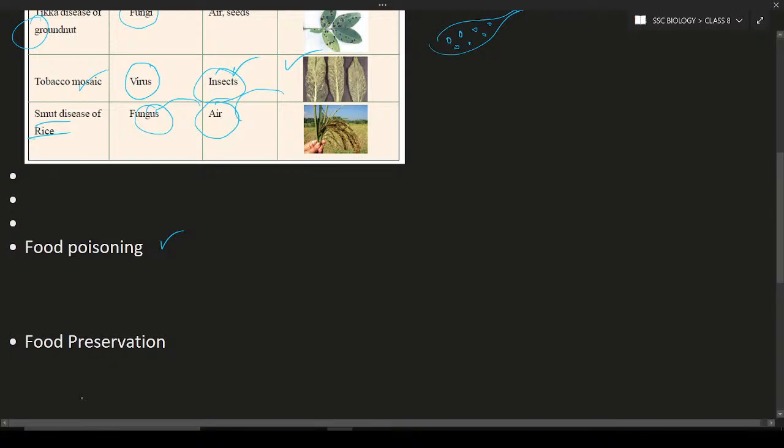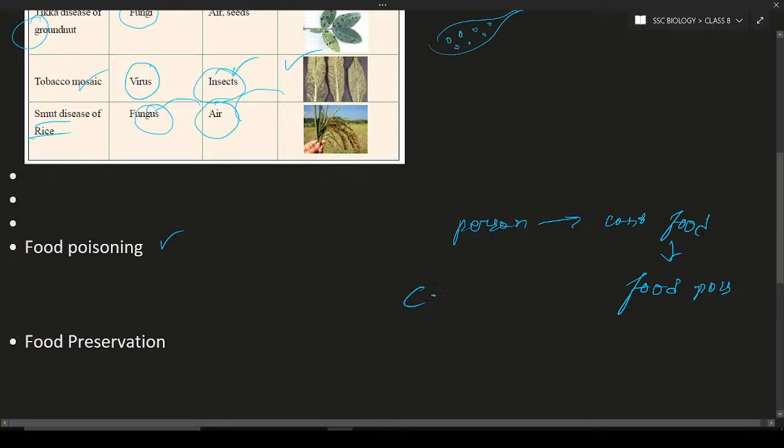What will happen if you eat such kind of a food material? If you eat such kind of a food material, there is a chance of getting food poisoning. Food poisoning is a condition where if a person eats a contaminated food material, he is going to have food poisoning. Why? Because the food is going to contain a certain kind of bacteria. That decomposing food contains certain bacteria. That bacteria is known as